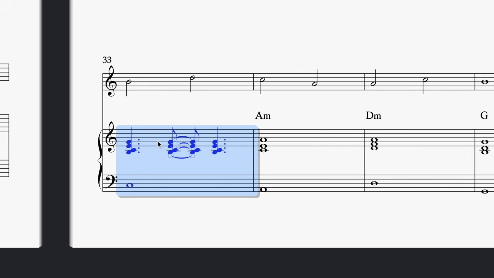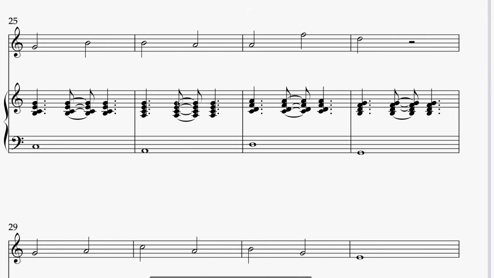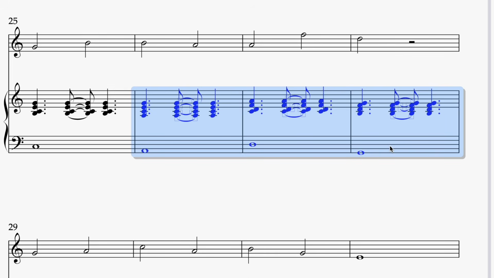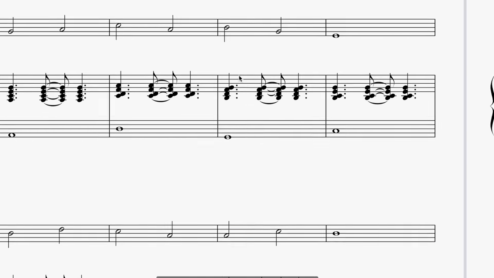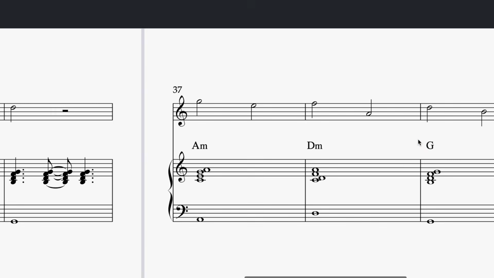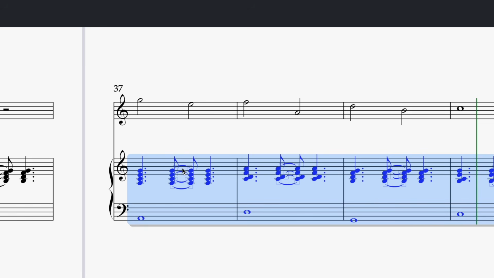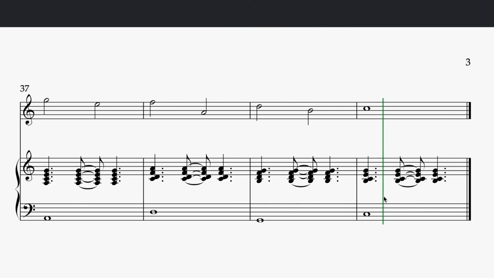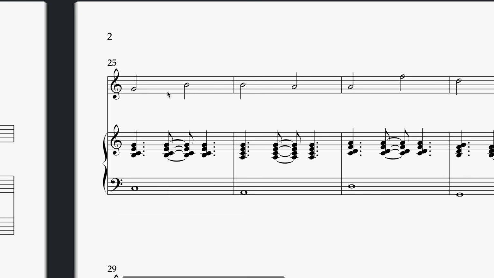Move that up. And then we need A minor, D minor, G. There we go. Already got that. Put that down there. All right, and then I just need the ending, which I think is the same as that. Yep, and there. Oops. There we go. And finish off with that. Okay, so